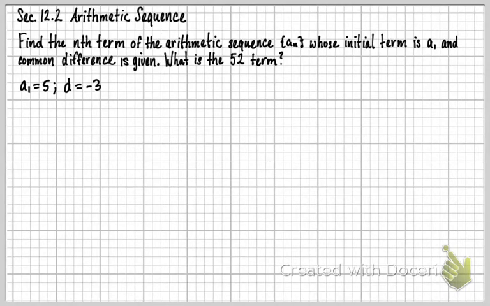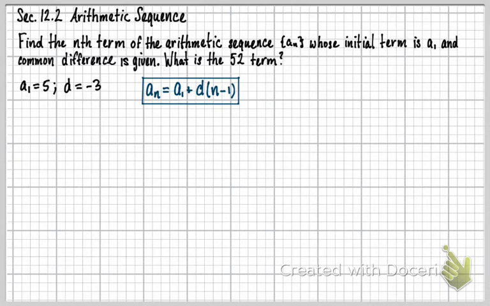So this problem says, find the nth term of the arithmetic sequence a sub n whose initial term is a1 and the common difference is given. What is the 52nd term? So with this problem here, they give us all the information we need. They give us a1 equals 5 and d equals -3. And if we remember the formula, which is a sub n equals a1 plus d times n minus 1,